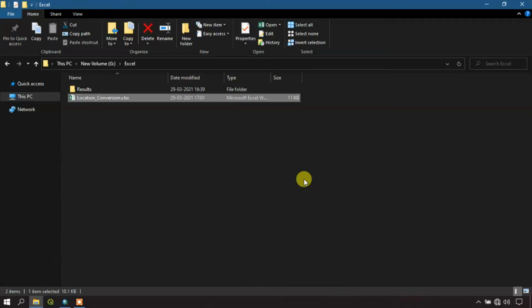So in this video tutorial, we are going to see how to import Excel data to ArcGIS and further convert it into a shapefile, that is, a point shapefile. As you can see on the display, this is my Excel sheet. I'm just opening it right now.